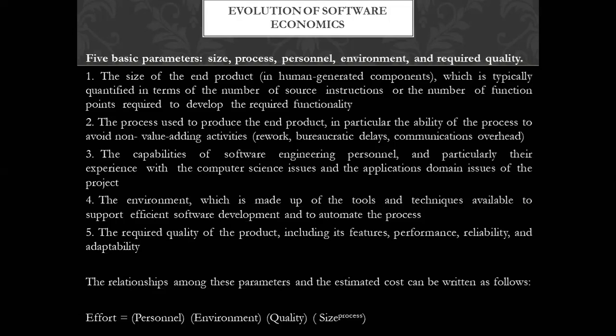Can any one of you tell me what is the COCOMO model? Why we use the COCOMO model? Any one of you? You can message in the chat box also. But these things are very basic things you should know. I don't want to know what is the COCOMO model. That is a separate thing. But why do we use it? Why have you studied the COCOMO model in software engineering? What is the significance of the COCOMO